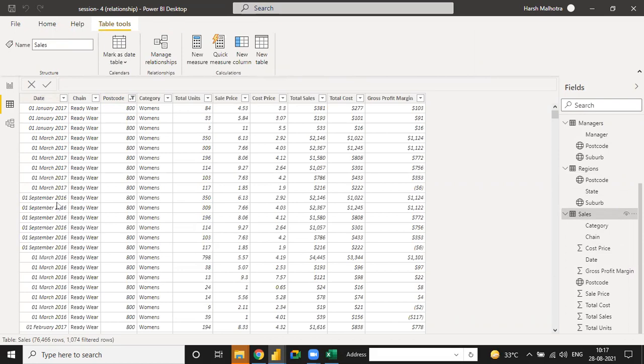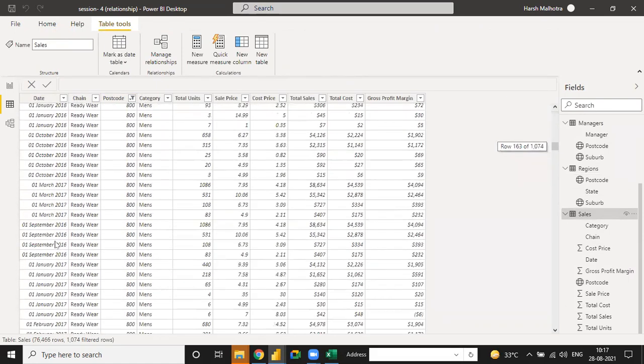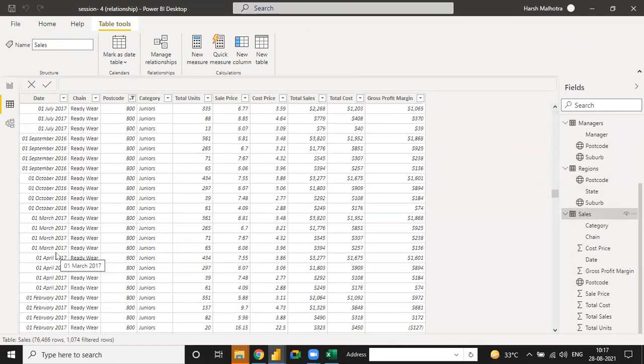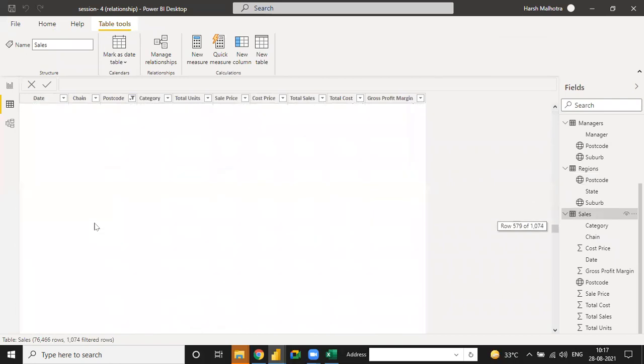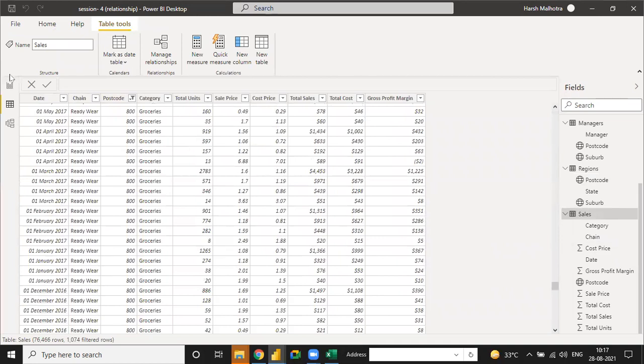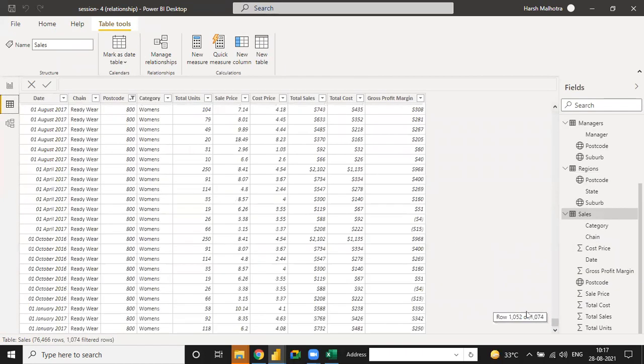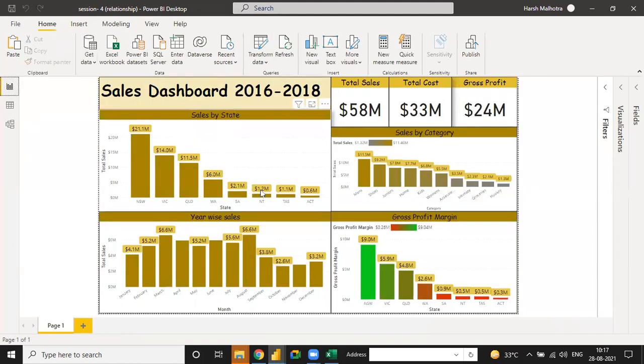Now understand one more thing. Under the postal code 800 we have multiple transactions: Jan, March, September, March, Jan, June, February, August, March, June, this kind of data. We have 1074 transactions, and when you click there, the total amount is 1.2 million. 1.2 million is the amount value. But when we click on the sales count, the total number of transactions is 1074. And when you add all the total sales, the total sales value is 1.2 million.